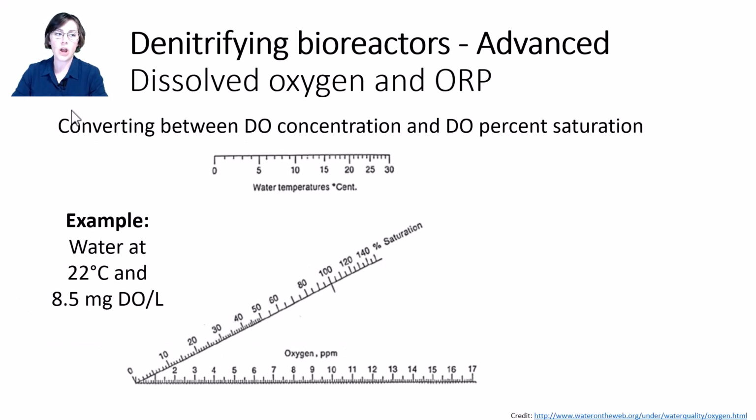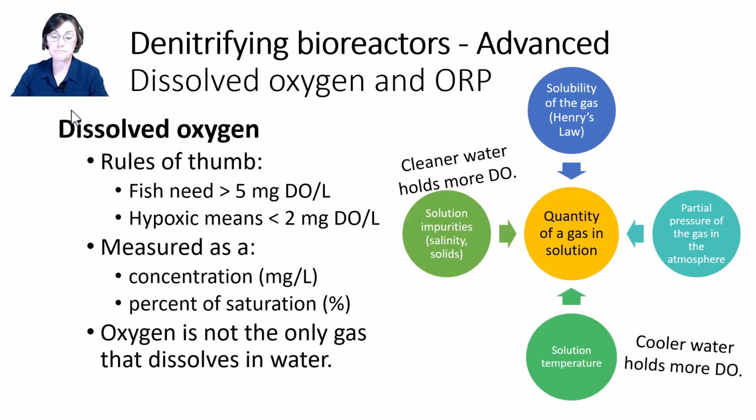Also, a side note, remember the nomogram from a minute ago? The percent saturation of dissolved oxygen in water, like we were trying to calculate, has to do with the solubility of oxygen in water, which is why we also have to have the water temperature included in this nomogram, because temperature impacts solubility of gas and thus also impacts percent saturation.